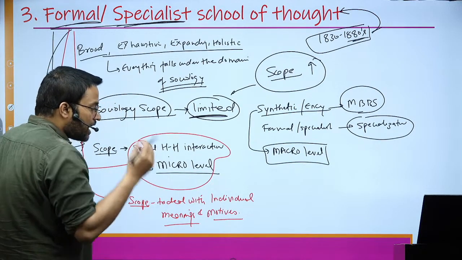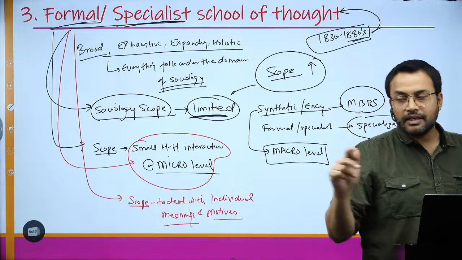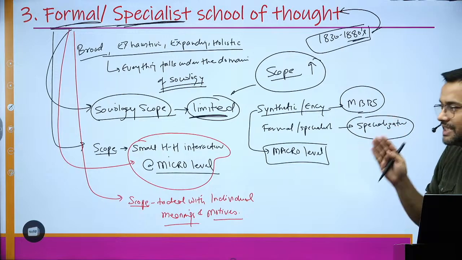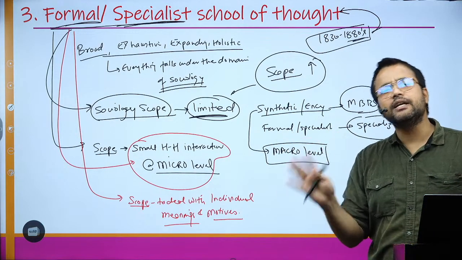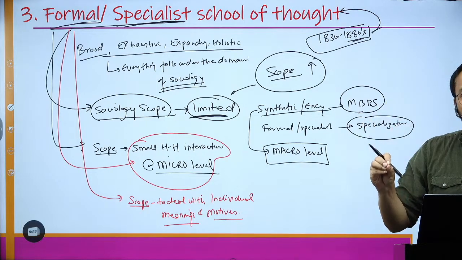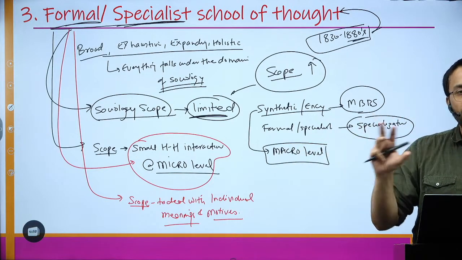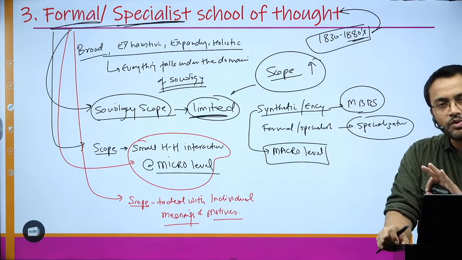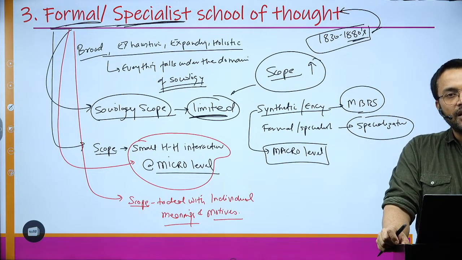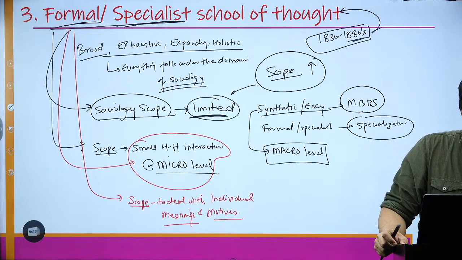So how a person is thinking, what is driving them to behave in a certain manner, this is what the formal specialist school of thought is talking about. They are going to the psychic level, because each and every individual is designed in a particular way. So these people behave as per how they are designed, how their psychic level is. Their behavior is not a factor of social factors. They are not driven by societal laws, values, rules, regulations, and whatever. They behave depending upon how they are designed. Okay, so they are going at a psychic level. Any doubt till now?